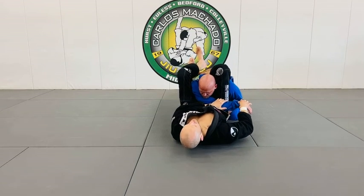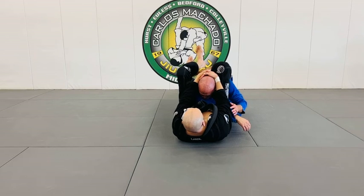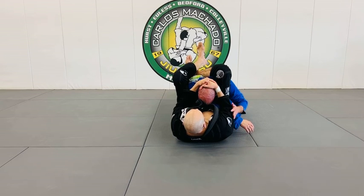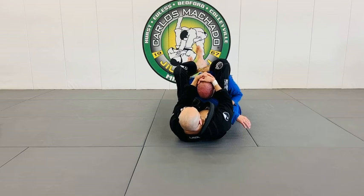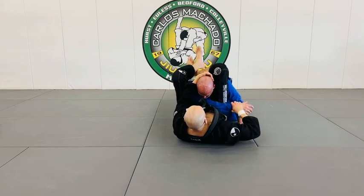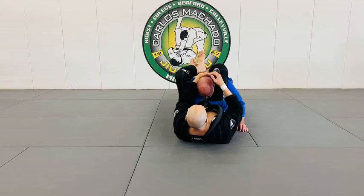As I drop my hip, hands go to the head. I lift the hip to create pull. I drop the hip to keep his head down, and I'm going to lift the hip instead of doing this, which will work. You see how much longer it took? Now, if for whatever reason he didn't let me bring this arm across here, and I can't finish